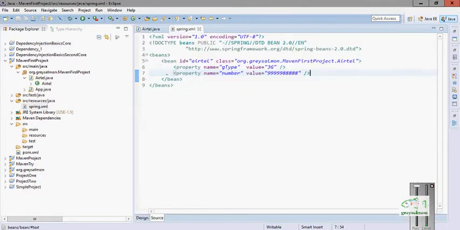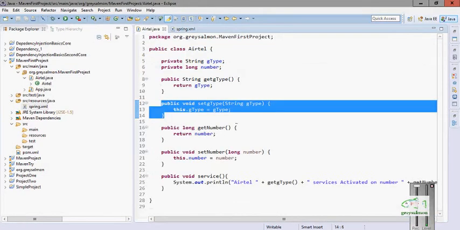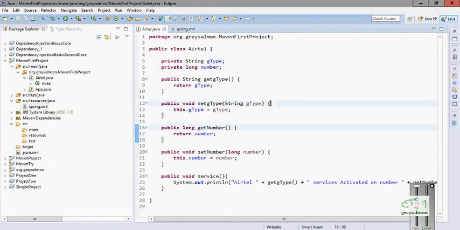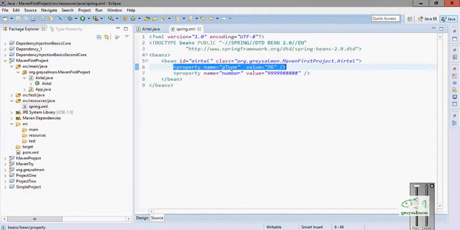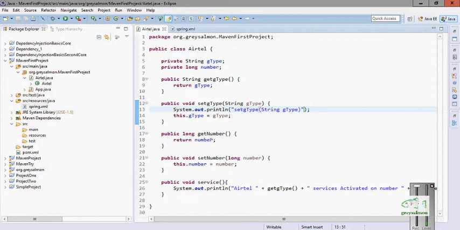That is, whenever the bean of this class is created and when this property tag is executed, our Spring framework or the Spring container calls the setter method. Now we can also demonstrate this with the help of an example, like while setting this property of G type, our Spring container will call this method. Now we can mention here a message so that we come to know this method has been called while setting the property G type, and same we can call this method